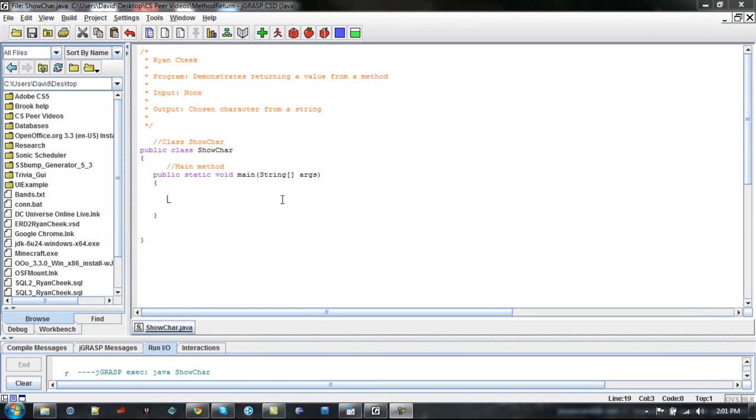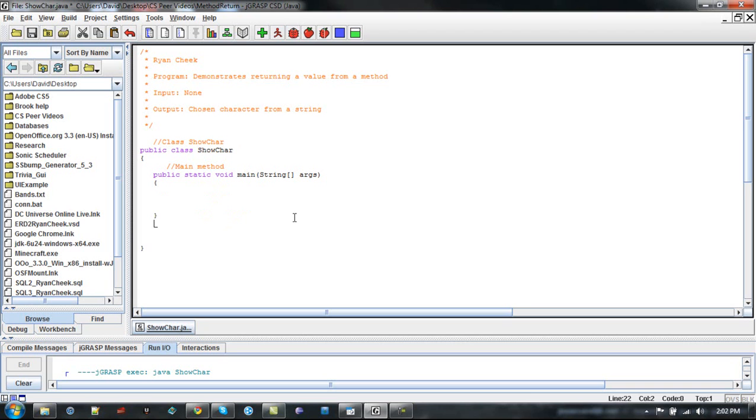Alright, so we're going to write a program that demonstrates returning a value from a method. I have my commenting at the top, my name, program description. Our input will actually have no input, and the output will be a chosen character from a string. Alright, so I have my public class showCharacter, same name as the file name, and my main method so we can get started. So actually what I'm going to do first is come outside of the main method, and I'm going to write a method